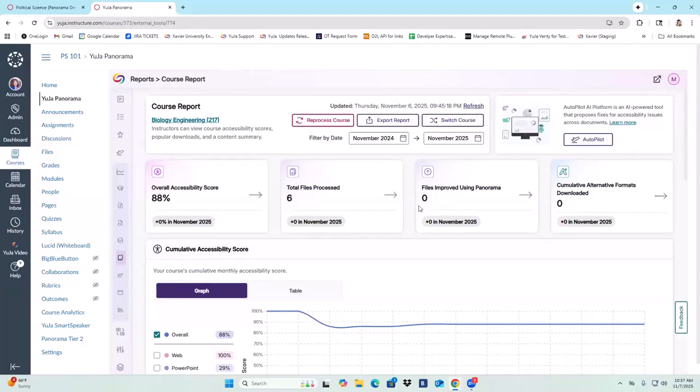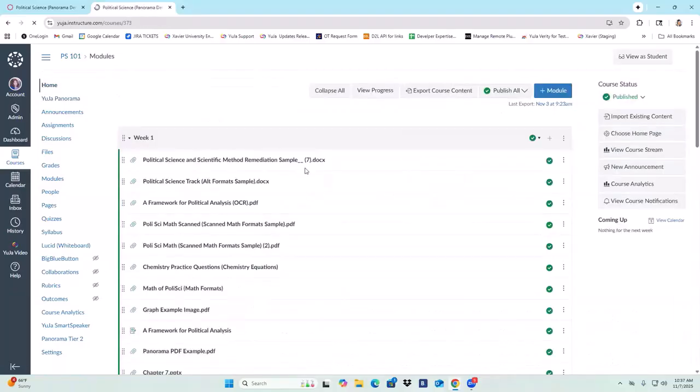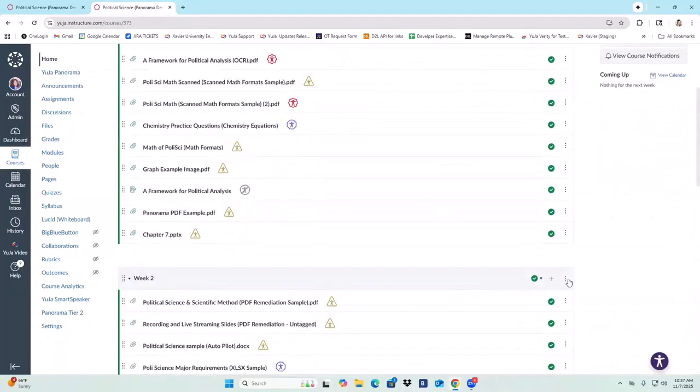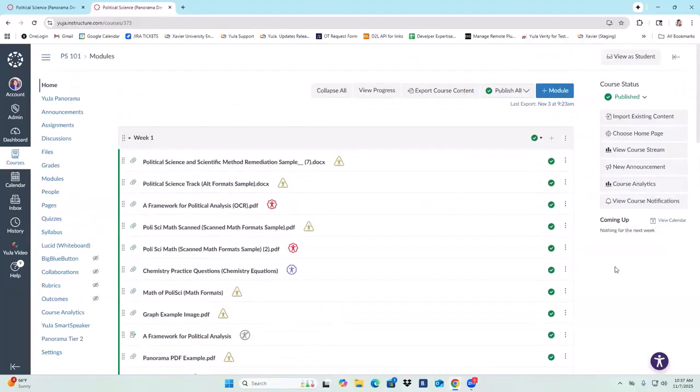And what happens if by mistake we use it? When you click reprocess, Panorama is going to go in and rescan each individual file that you have available. So it's going to, again, check for any issues, pretty much rescan everything.